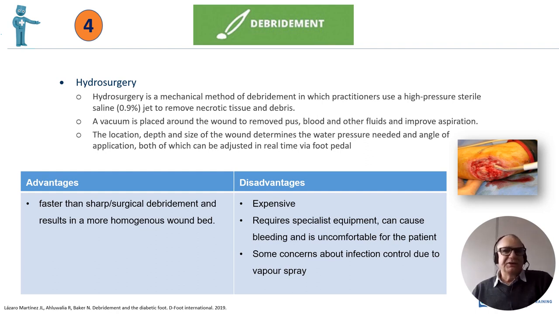Can be quite expensive because it's not just buying the machine. You need to buy the bits that you use, which can be quite expensive. You need to have specialized training as well. There are constraints. Maybe people say there's a lot of vapor spray around, but using shields, and nowadays there are ways and means that you can use, and the technology has gone forward quite a